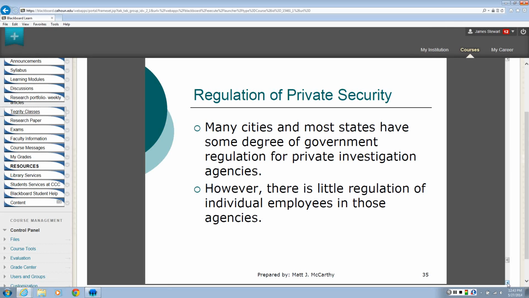So there is kind of a track to get your license. It's not terribly difficult. Most agencies will put on a class, or they'll send you somewhere to take the class, and then you have to take a test. And then once you take the test, you pay the state some money, and they'll send you your license. Basically, it holds you at least to a minimum level of standards.